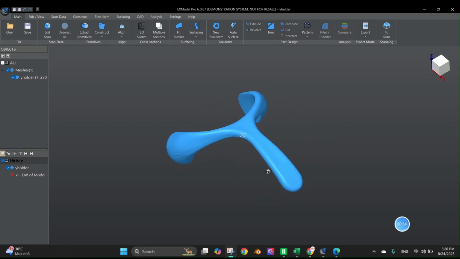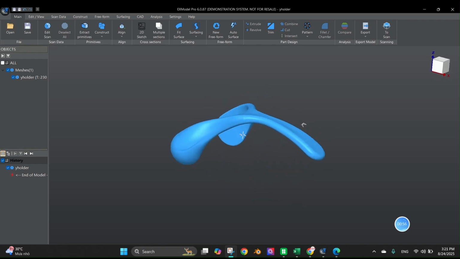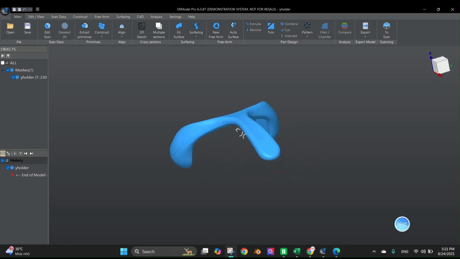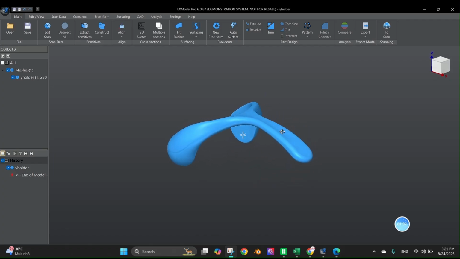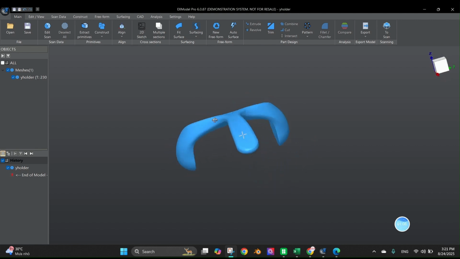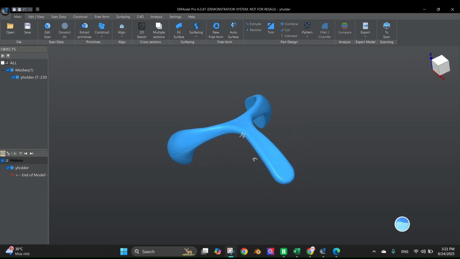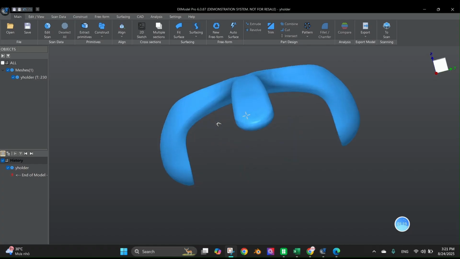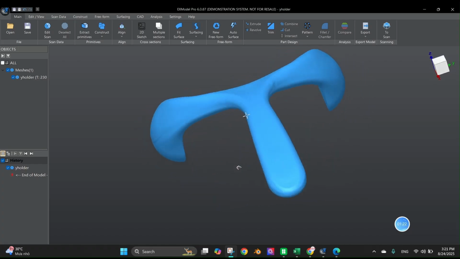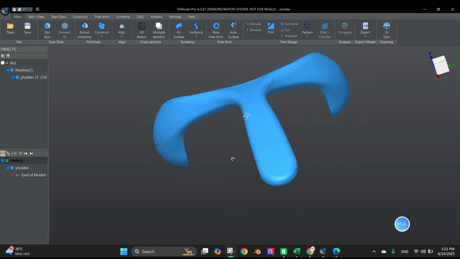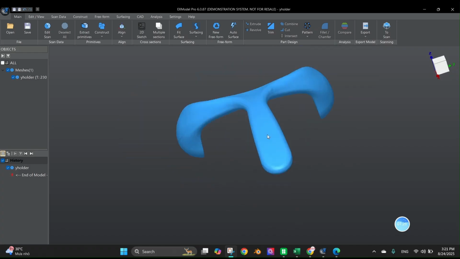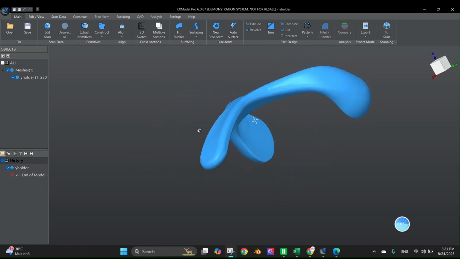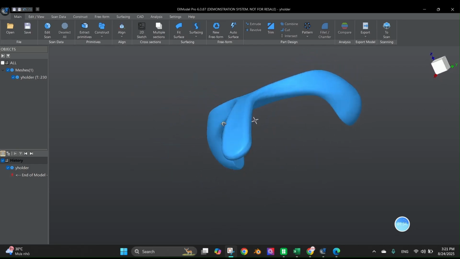Easy, right? And of course, you can see an indicate point here, which we'll call a pivot point. A pivot point is calculated, and the object is automatically rotated around the pivot point. And how is this point calculated? It's based on the visible points on the screen, and it will automatically calculate the extent and the center